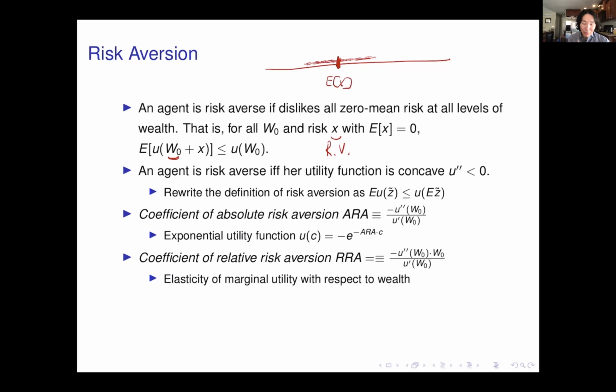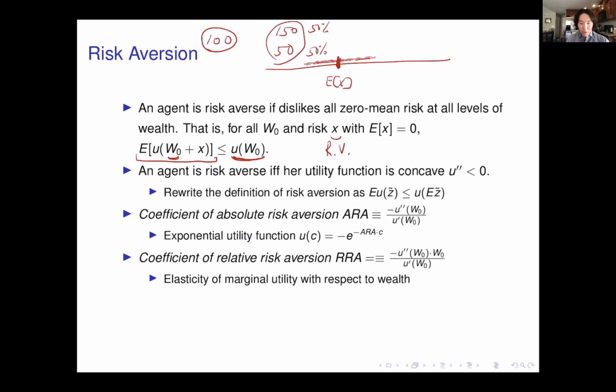But if you're risk averse, you are going to prefer the no-risk counterpart of that over the risky counterpart. That's the meaning of risk averse. In other words, which one are you going to prefer? $100 for sure versus $150 and $50 with equal probabilities. Which one are you going to prefer? If you're risk averse, then you're going to prefer $100.